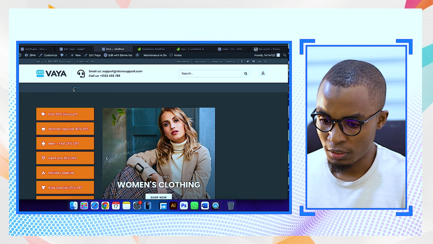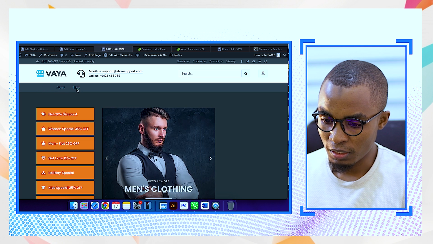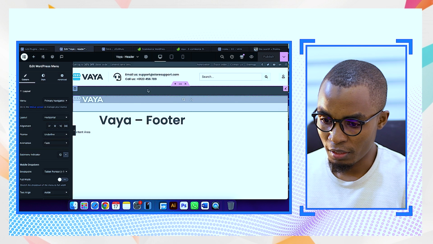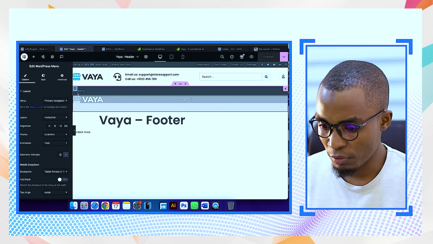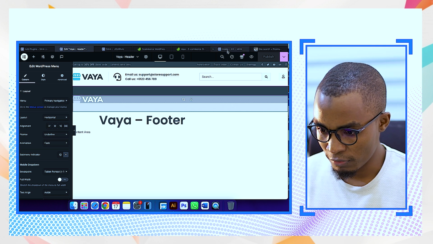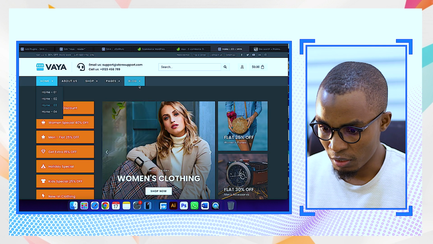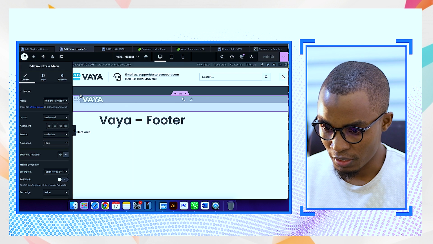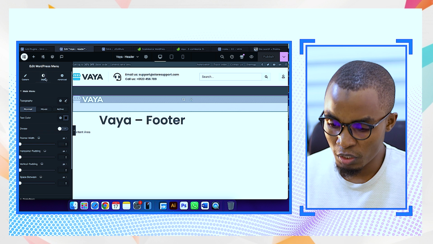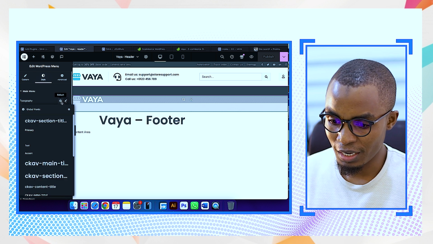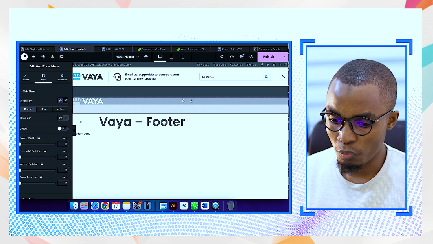Yeah, it's here. So you see, but there's an issue with the colors. So I think that's not the one that we're supposed to be having. Now we've already added the menu here. You can see it's already here. But when you compare it with the one that is here, the colors are different, right? The styling is different. So what do we do? Because we already added it, we just go to the styling section, and then we change